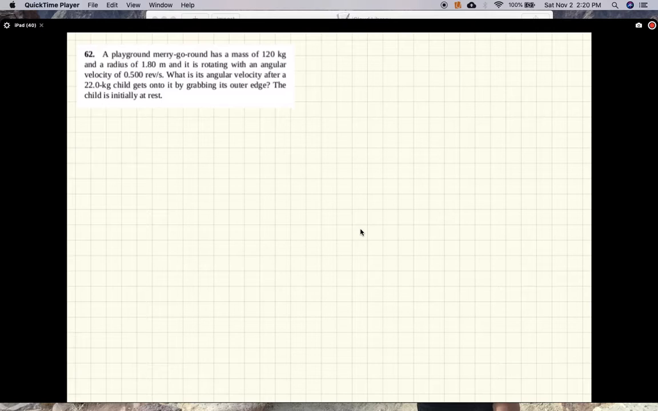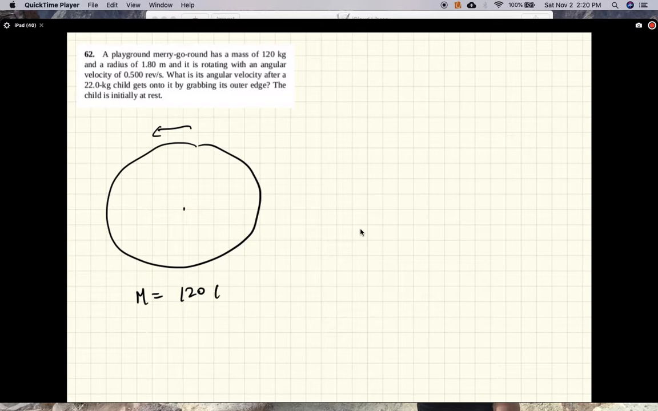Okay, so here's a top view, and here's a merry-go-round. The mass of the merry-go-round is 120 kg. Its radius is 1.8 meters. We'll assume the merry-go-round is a disk. And here's the child who's at rest. When the child jumps onto the merry-go-round, what is conserved is angular momentum: the angular momentum before he jumps is equal to